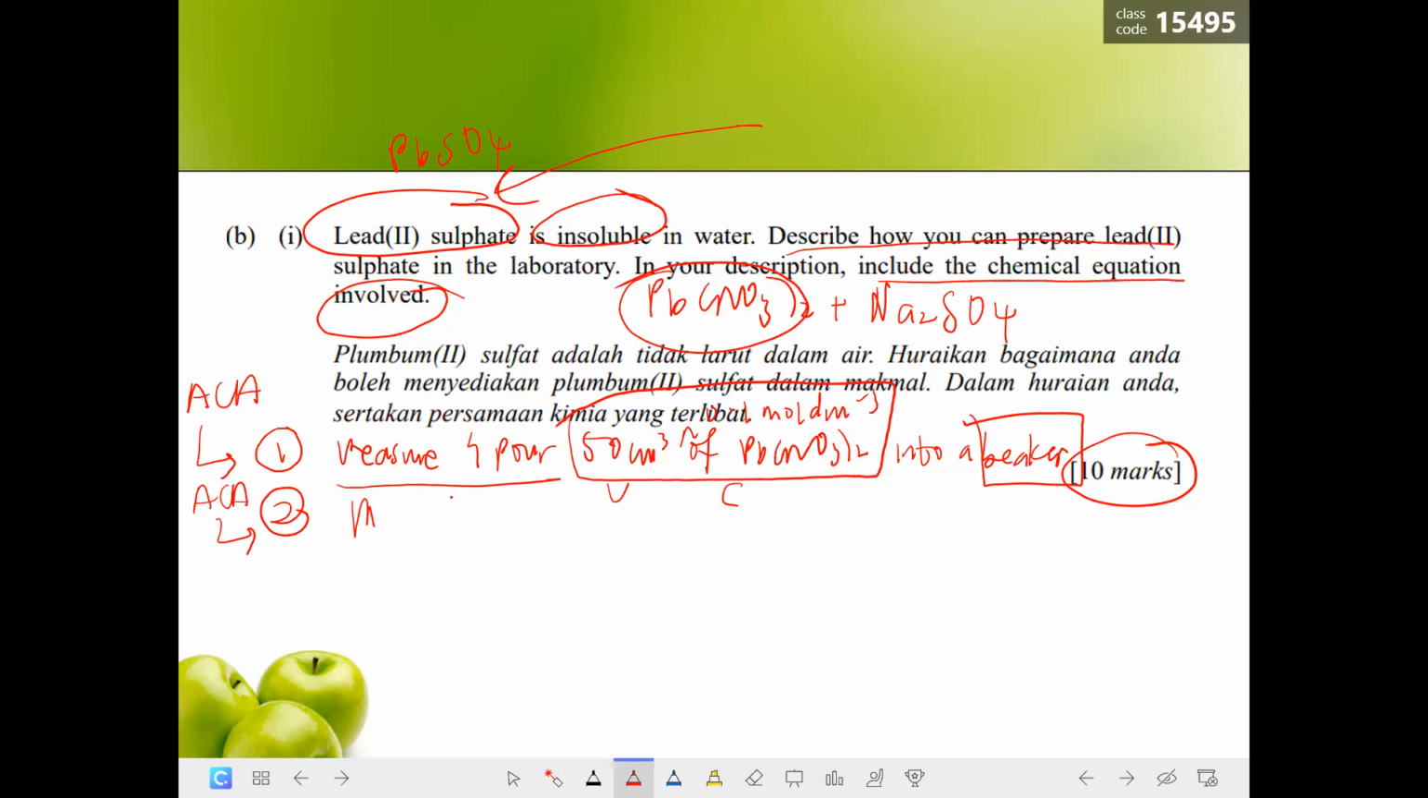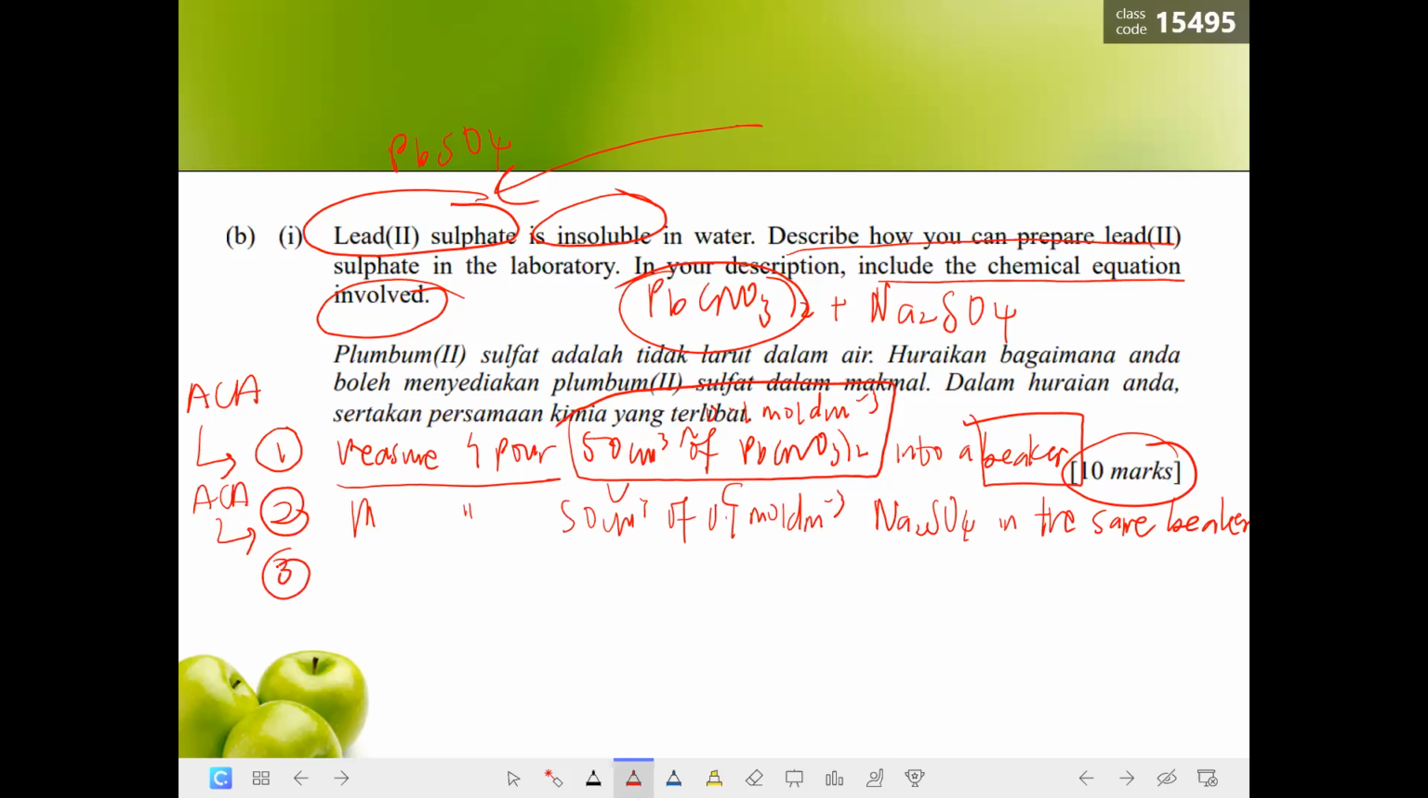Measure and pour 50 centimeter cube of 0.1 mole of sodium sulfate into the beaker. Okay, mole per decimeter cube, yeah? Sodium sulfate into the same beaker. Okay, so that at least they will all know you're putting it into the same beaker. Okay, very good. Now I already put both the chemicals together, and you know you are going to get salt,